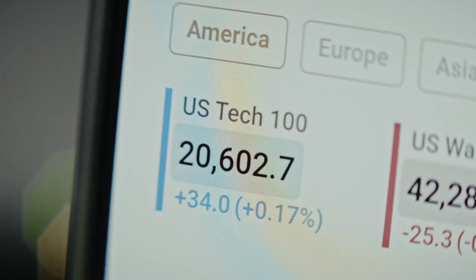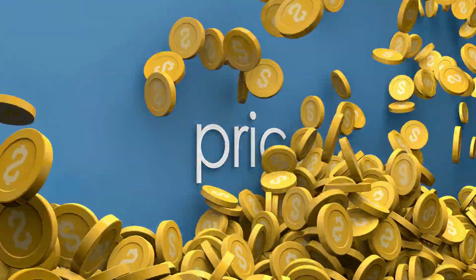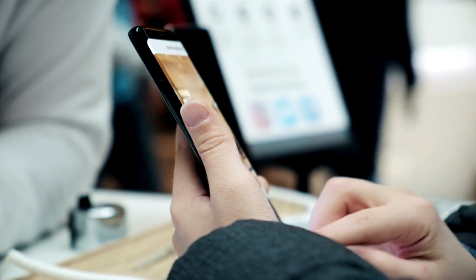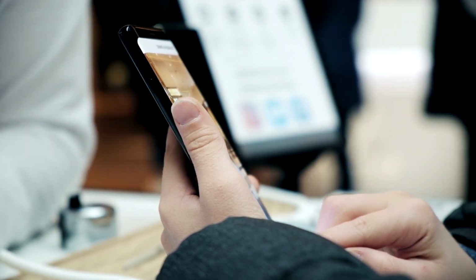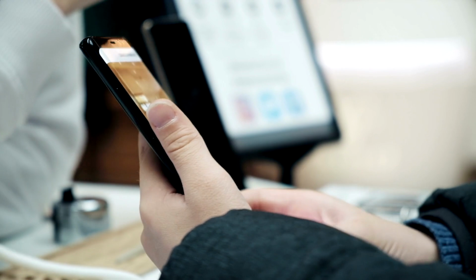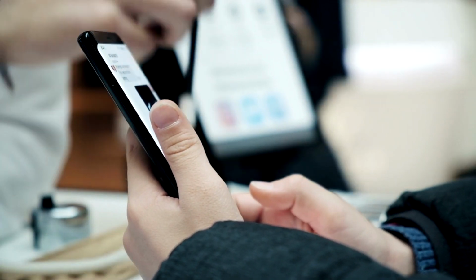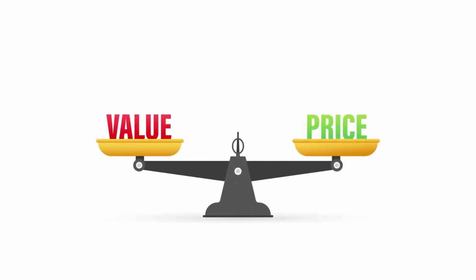Consider the example of a popular smartphone. If a new model is released and demand skyrockets, the price will likely increase. This price hike signals to producers that they should ramp up production to meet consumer demand. At the same time, some consumers may decide to hold off on purchasing the latest model, opting instead for an older version or a different brand. This adjustment process helps balance supply and demand, demonstrating how markets respond to the central economic problem.